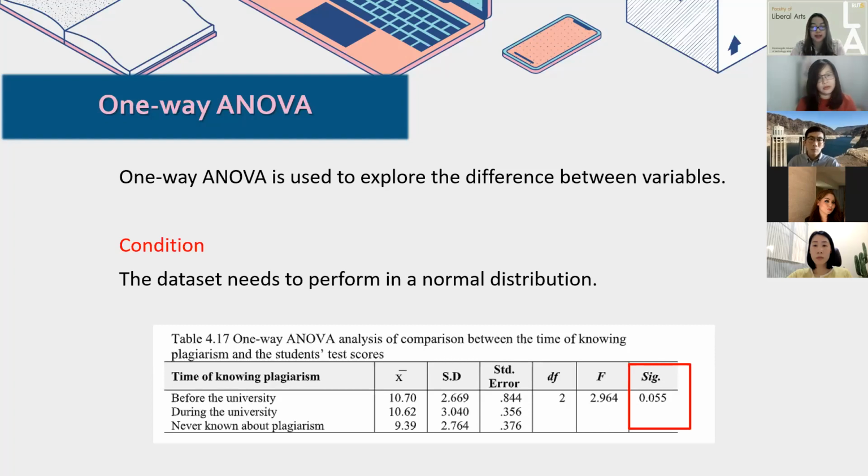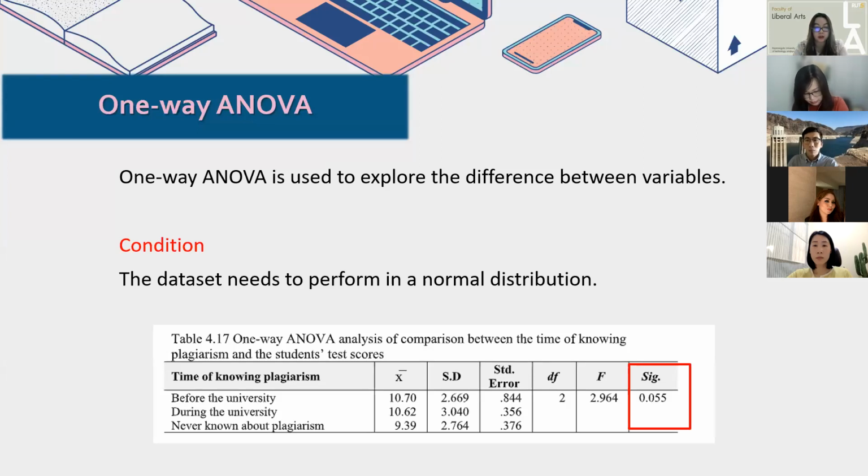The Shapiro-Wilk test showed that there were no statistical differences between the student test score and times of knowing plagiarism, with p-values higher than 0.05, as you see here in the table, meaning that the students shared a similar level